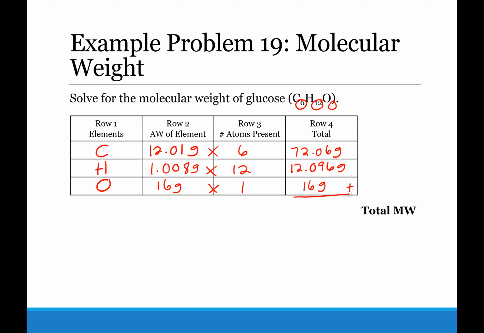So adding up row 4, 72.06 plus 12.096 plus 16 is a total molecular weight of